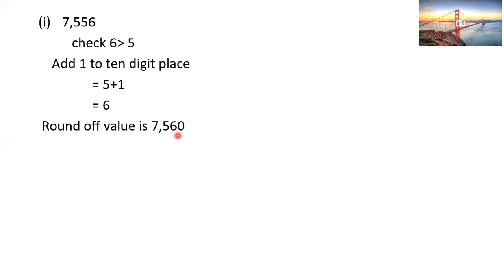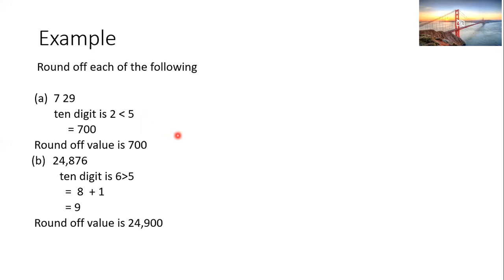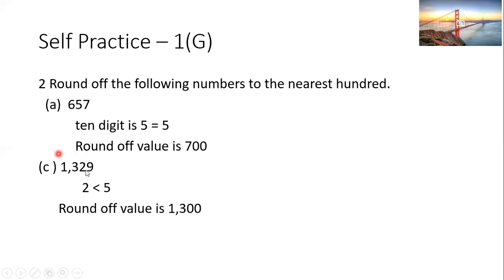Okay. So what's the nearest 100 place? Yes, listen, children. Just check the hundreds place value. So now you round to the nearest 100 place. So you choose the tens place value. Whether the tens place value is less than or greater than 5. This place is 2. 2 is less than 5. So you have to put the value 0 in ones place and 0 in tens place. Otherwise the hundreds place value is also the same. Okay, children. Thank you.